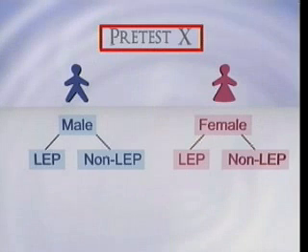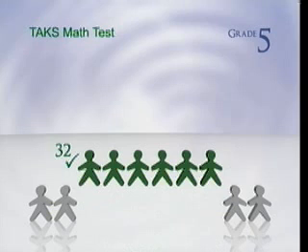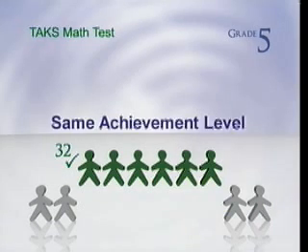We group students by their previous level of achievement. This is the number of test items the student answered correctly. For instance, if a 5th grade student gets 32 items correct on the state math test, this student's initial comparison group includes other 5th grade students who got 32 items correct on the same math test. After we have grouped them by the same achievement level,